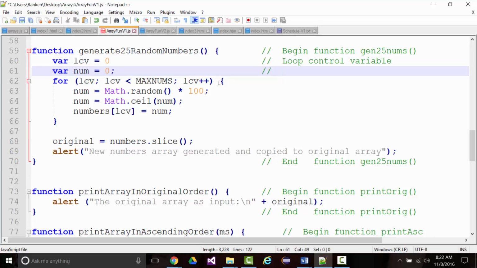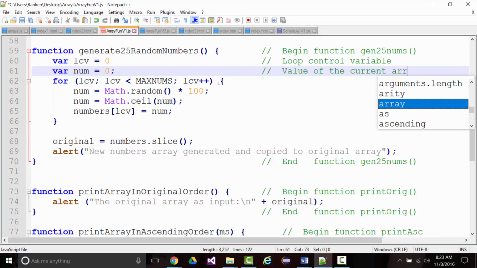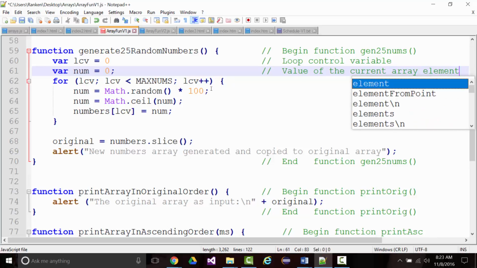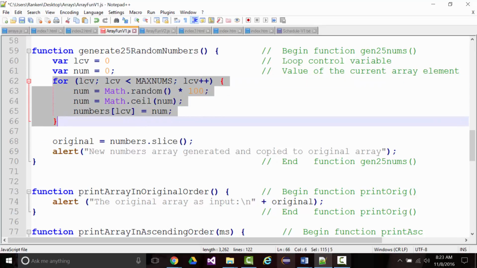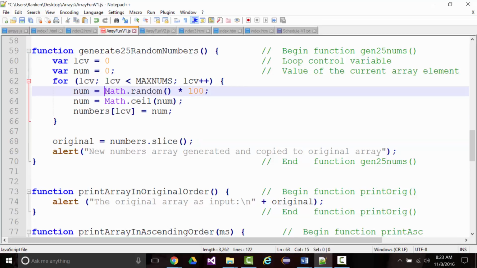That's it. It doesn't have any other significance. This will be the value of the current array element. All right? So in English, what this is saying is go through this 25 times, from 0 to 24, which is 25 times. Every time you go through there, give me a random number